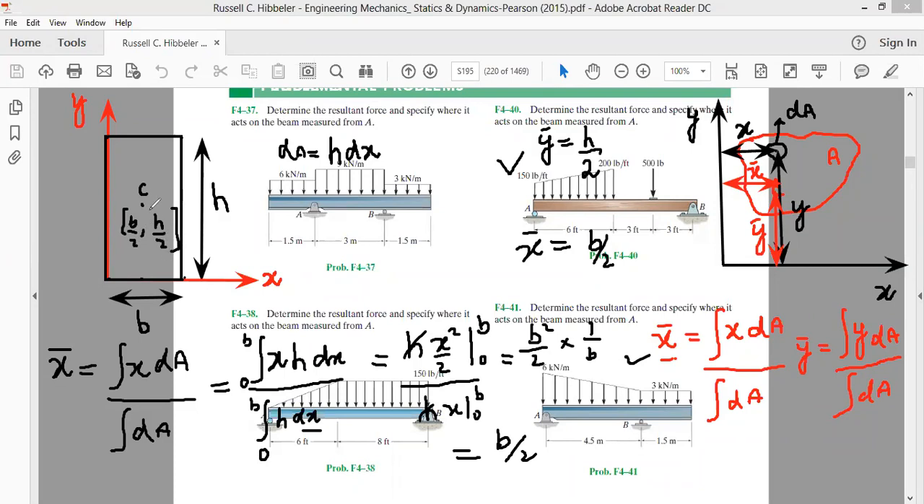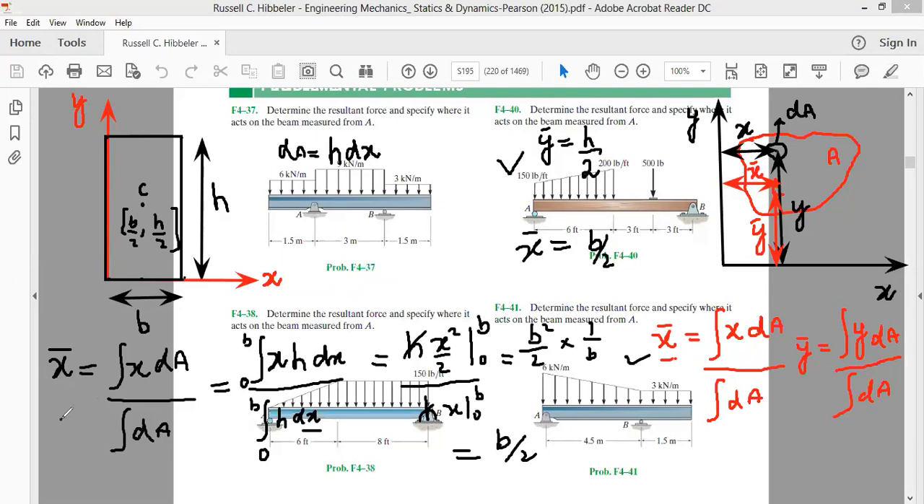So if you look here, for a rectangle, the centroid lies at its geometrical center, because b by 2, comma h by 2 is also the center of this rectangle. You should remember, for a rectangle, the centroid lies at the geometrical center. This is one thing. Second is,